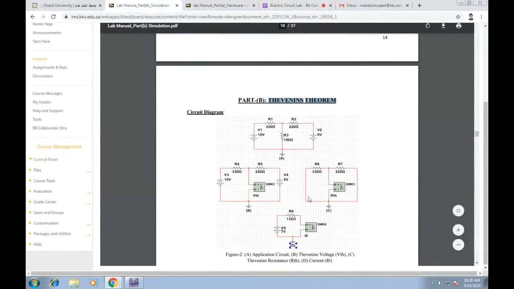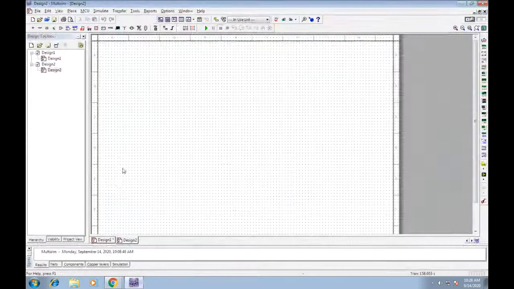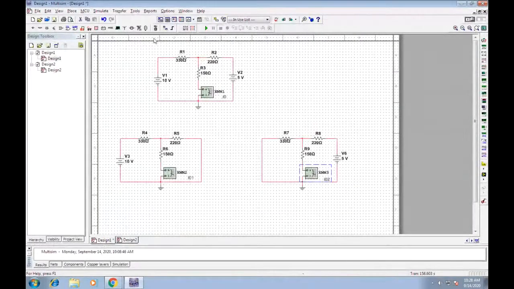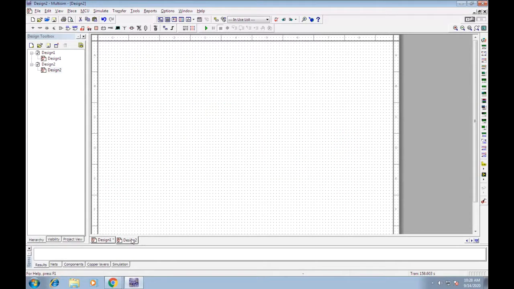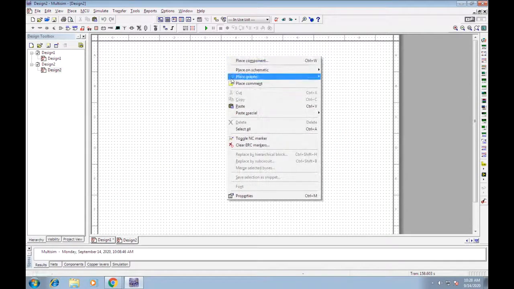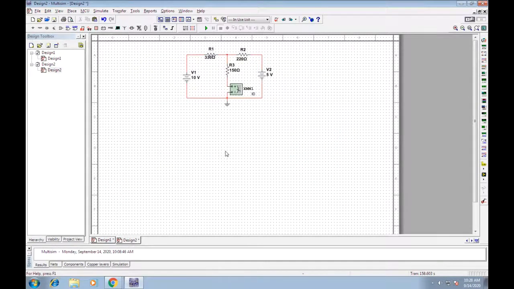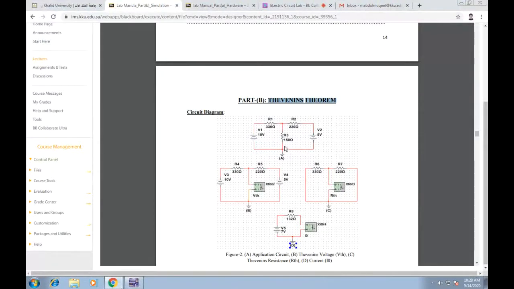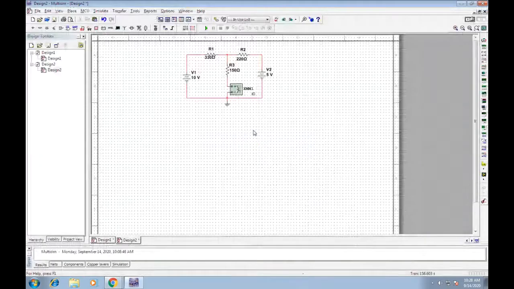As per the circuit diagram, we have to prepare three circuits. You know that this circuit is similar to the first. So copy the first from here, right? Copy and paste it here. This is the first circuit. Can you see? Just the multimeter is not available. So from here, delete the multimeter, join the circuit.